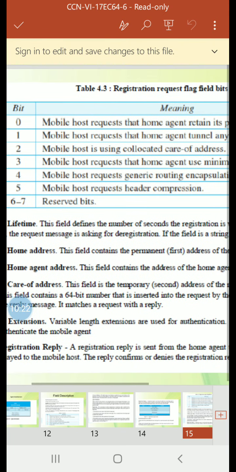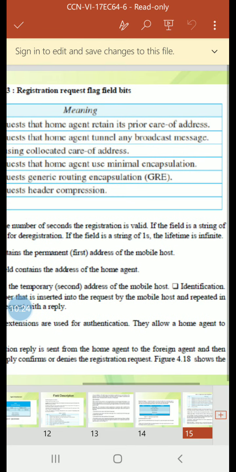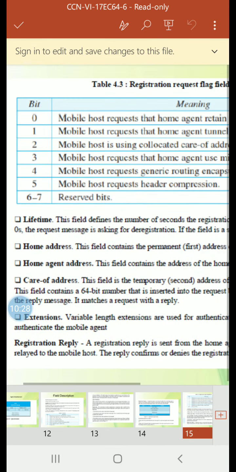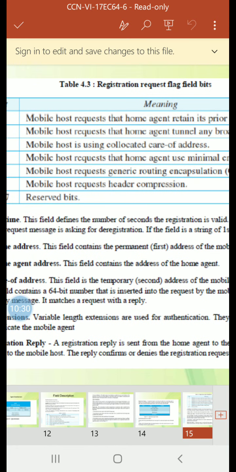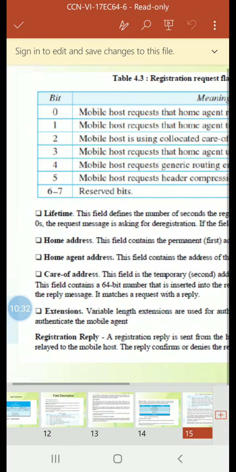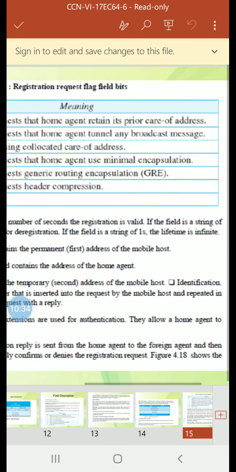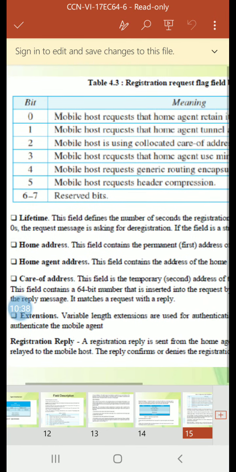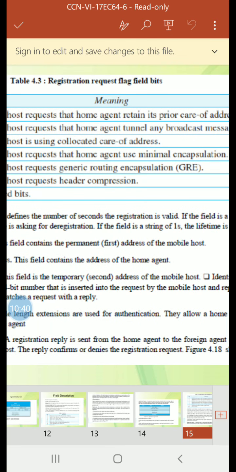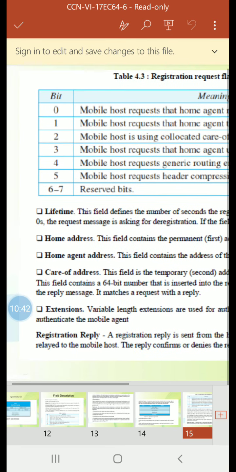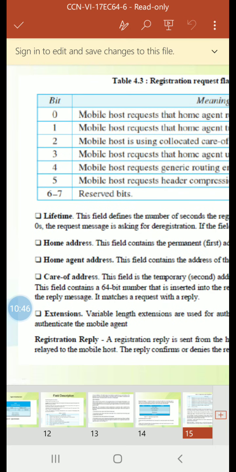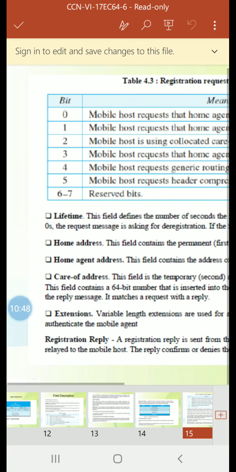If the bit is 1, the mobile host requests that the home agent tunnel any broadcast message. Bit 2: the mobile host is using a collocated care of address. Bit 3: the mobile host requests that the home agent use minimal encapsulation. Bit 4: the mobile host requests generic routing encapsulation, GRE. Bit 5: the mobile host requests header compression. Bits 6 and 7 are reserved bits.